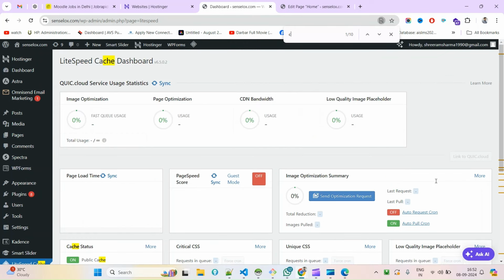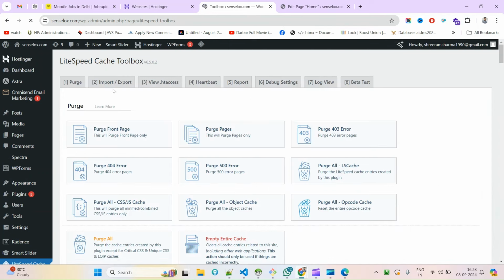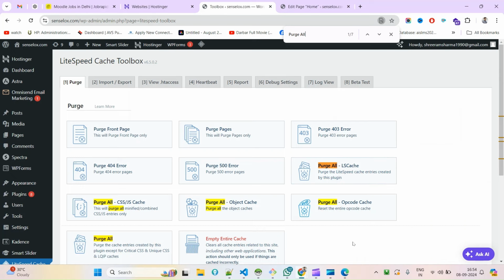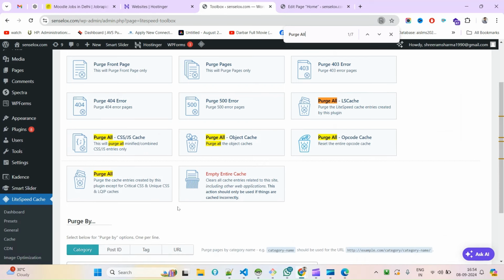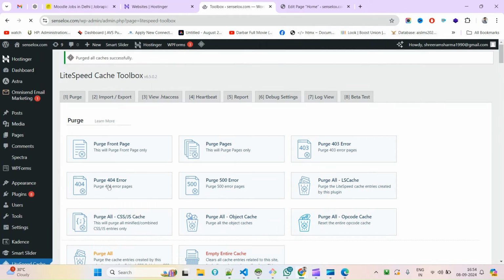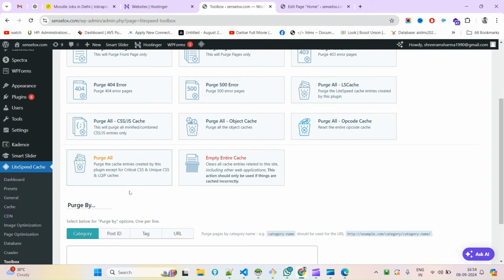Now how to clear the cache? We'll have to search here. So under toolbox there will be a button here, the purge. Okay, so after the purge tab, I will have to click here the purge all. Okay, so purge all CSS, JS, Z. Yes. So here I will click on this. Okay, so it just purge all,